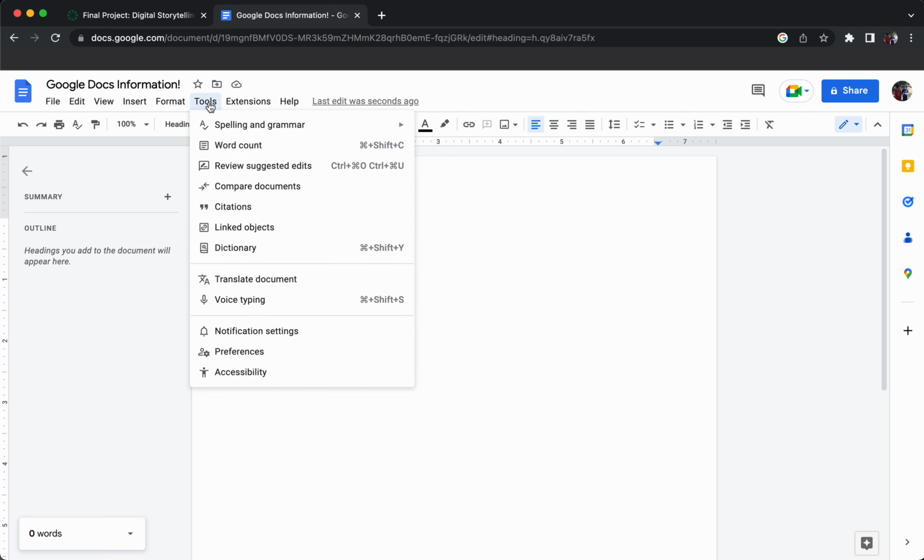Tools, again, this is really just things that you don't have on the edit homepage. So it's spelling, grammar, which is there. This stuff I don't really use too often. It's mostly just to help you avoid plagiarism, so citations, comparing documents, review suggested edits. Those are just things that it suggests so that you can improve your writing overall. But there is translate document from a different language. You can do that. Voice typing, it's voice to text. So in the case that you can't type or you're not sure how to spell something, you can say it